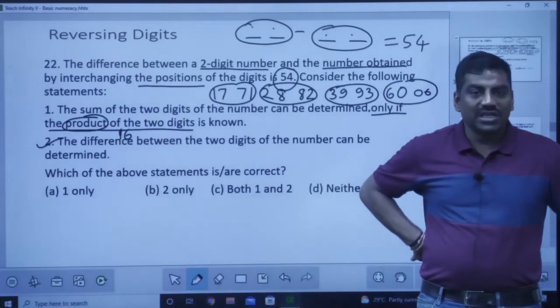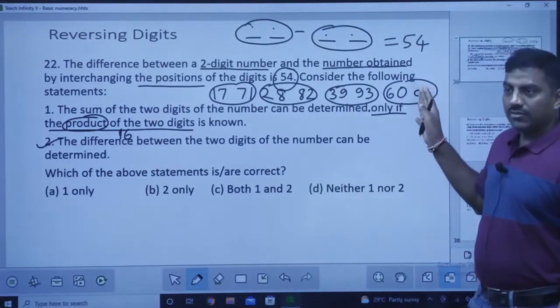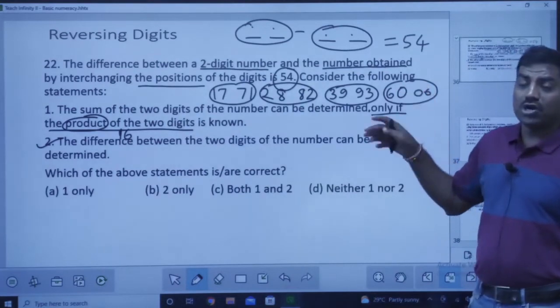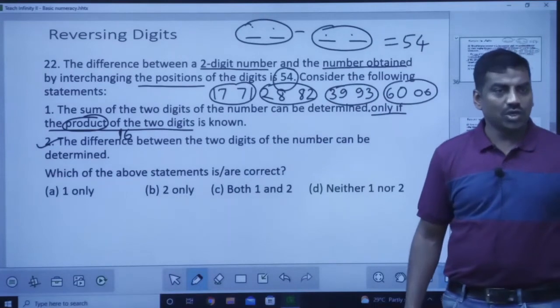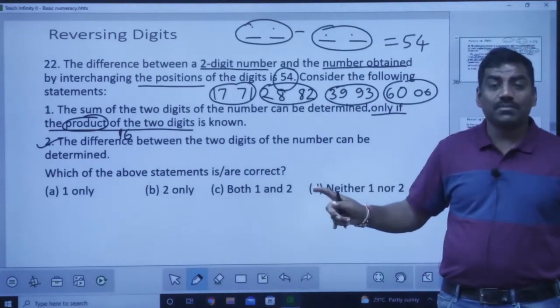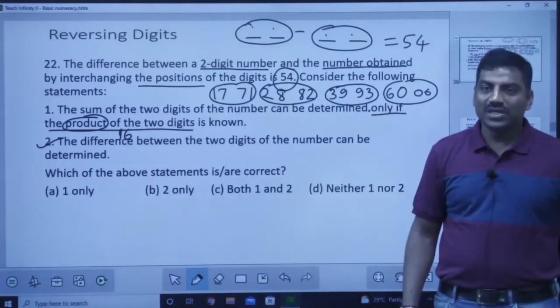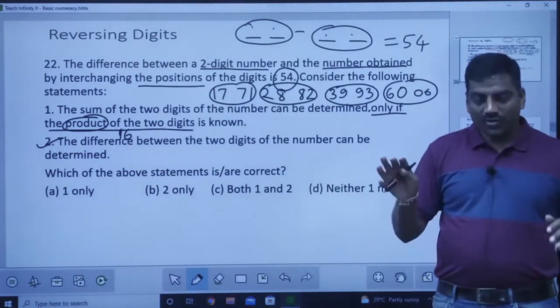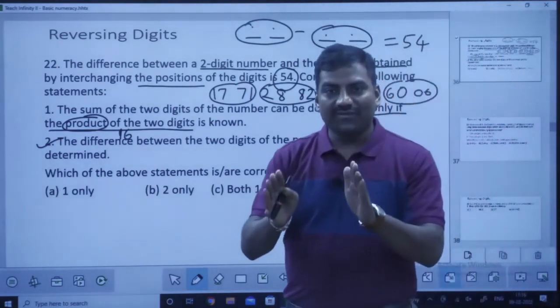Can we find out the sum of the numbers? Among these numbers, which ones give us the product 16? 28 or 82? Yes or no? So now, what is the sum of the digits here? If the product is 16, the sum is 10: 2 plus 8 is 10. From this question, what you have to keep in mind is that the difference of these numbers